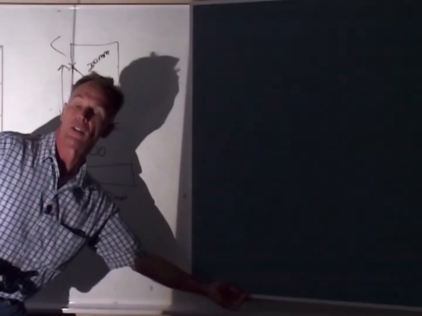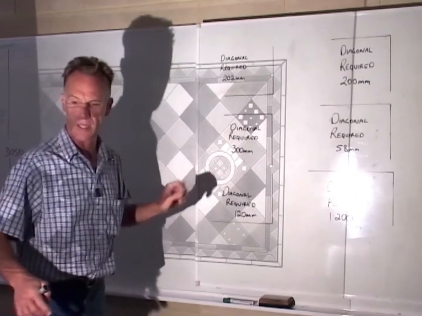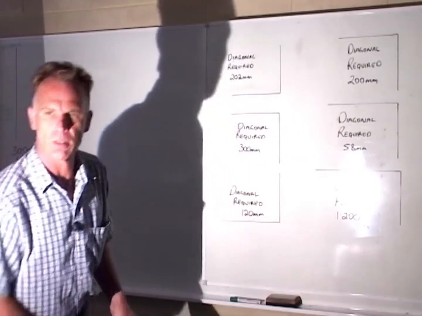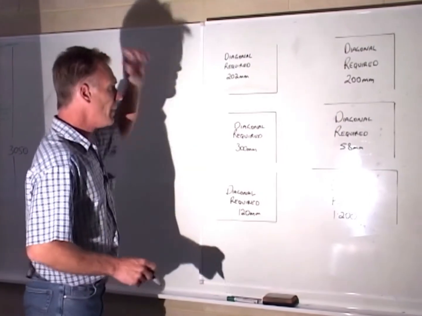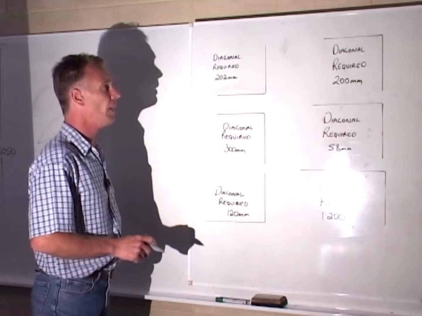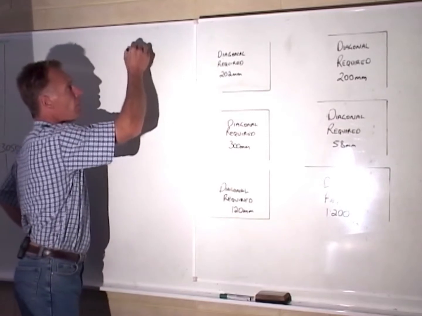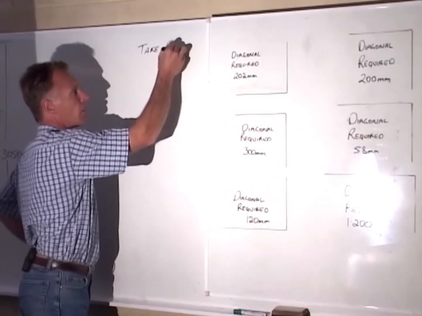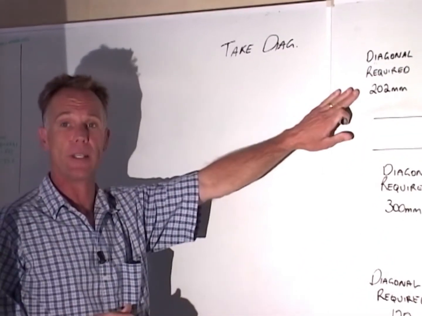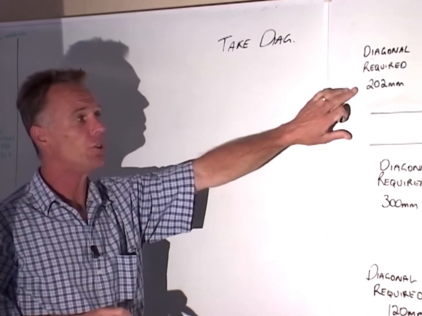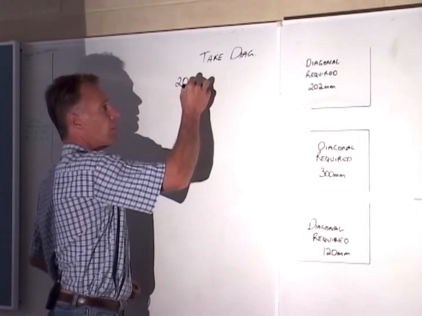Guys, I've got a few examples here that I want to show you and discuss with you, along the lines of the diagonals that Enzo and I have both been talking to you about. Don't forget, we're using a formula whereby you first take the diagonal required, in this case 202 millimetres. From that I want you to divide that 202 millimetres by 1.4.